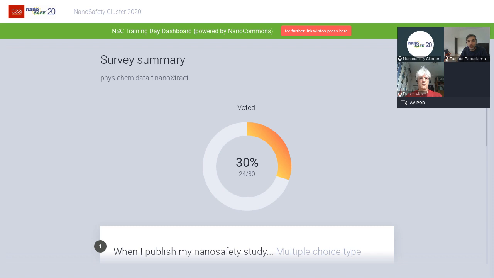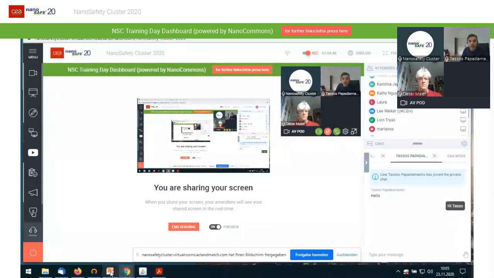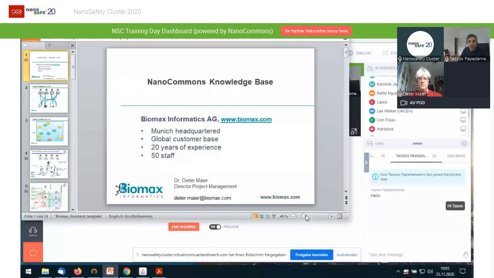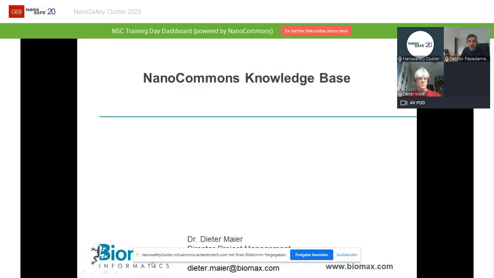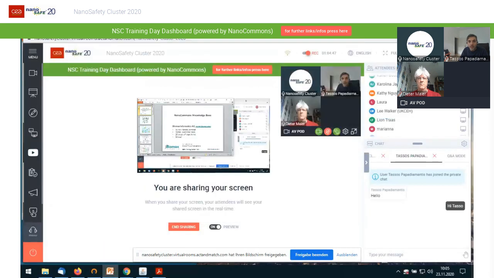We look into how to access the NanoCommons knowledge base, how to upload TEM images, how to create files there, how to upload nanodescriptor data, and eventually retrieve data from other people's TEM images to be able to work on that and go into the models, like Tran has, for example, also touched upon in the previous presentation. Dieter, the floor is yours.